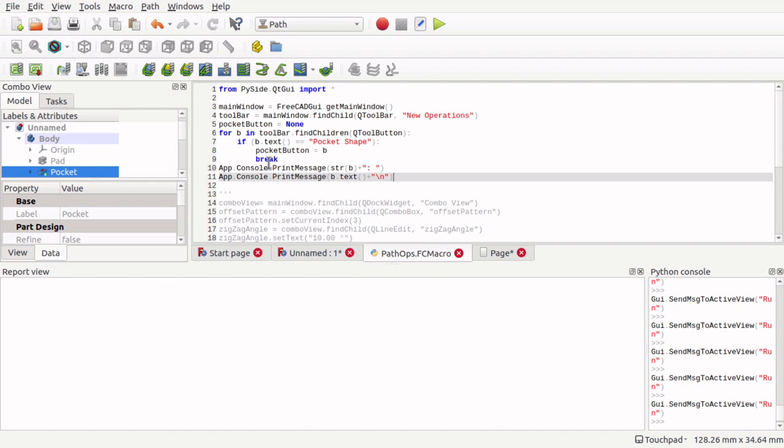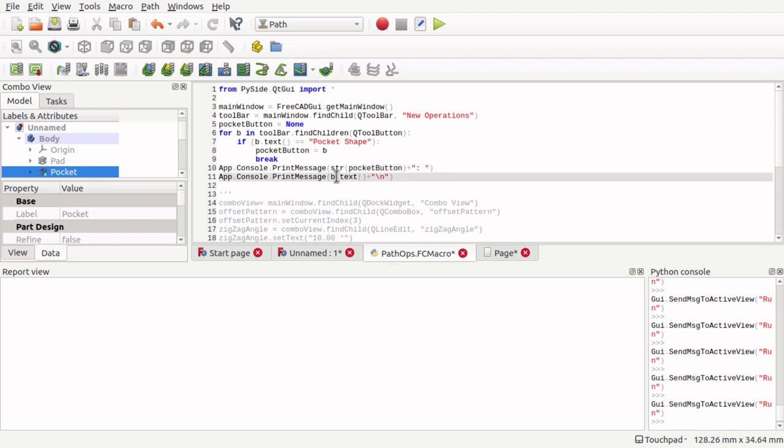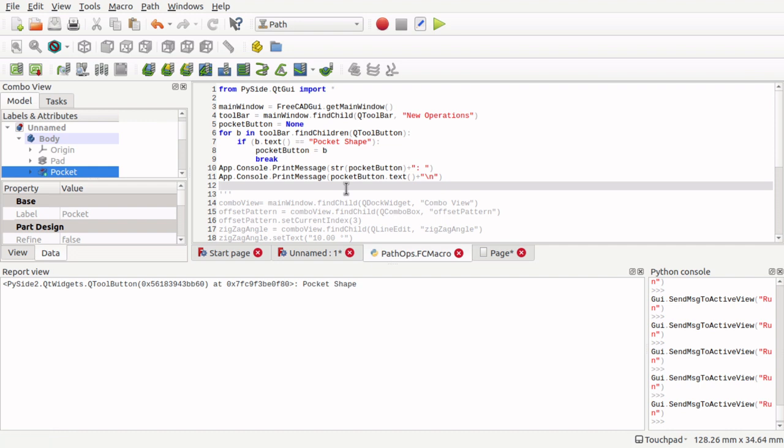Let's change this to the pocket button. So pocket button and pocket button.text, so we should have that now. So there it is, pocket shape, and we should be able to click on it. So pocket button dot click, open close bracket,